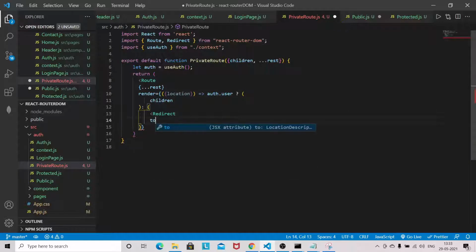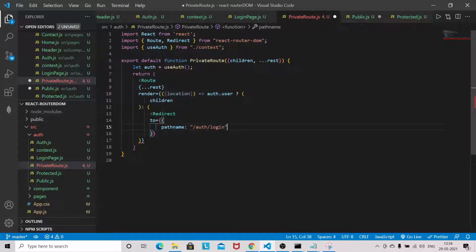So it will be redirect to. So we want to specify the path name. If user is trying to access the protected page, then he will be redirected to the login page.